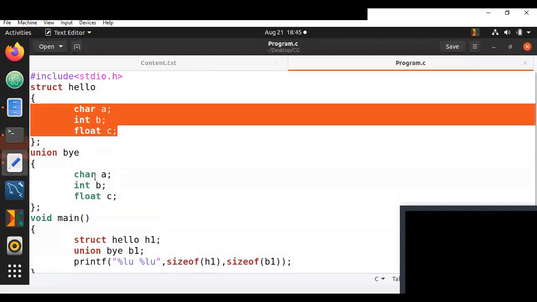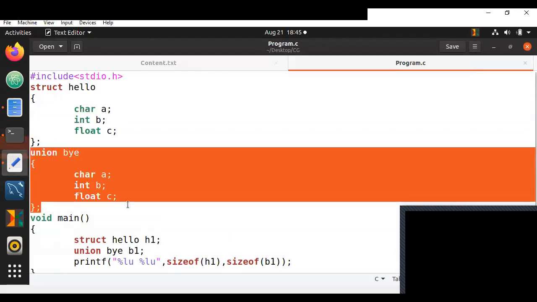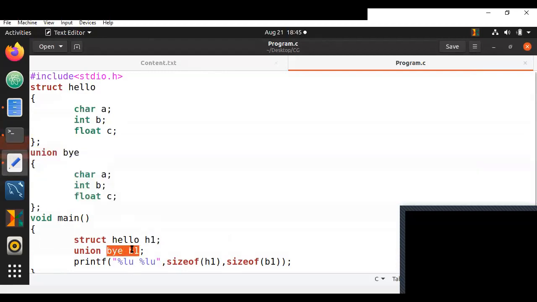See, we know that for a union, the size of an entire union variable is equal to the maximum size of a variable, because union only takes as much size as its maximum variable. If this takes 4, this is taking 4, this is taking 1, the maximum size taken is 4, so it will only take 4 bytes.